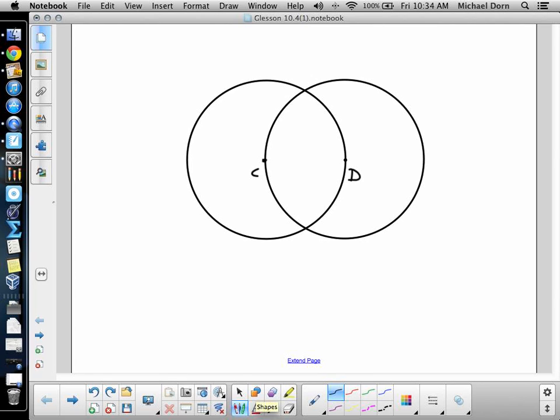and the error said that we couldn't tell that the two circles were congruent because we didn't know the radius of the circle. I couldn't tell whether or not circle C and circle D were congruent. Well, if we're going to call them circle C and circle D, that means that the center of the circle on the left is C and the center of the circle on the right is D. But it means that this segment, CD, is the radius of circle C and a radius of circle D, isn't it? So since CD is a radius